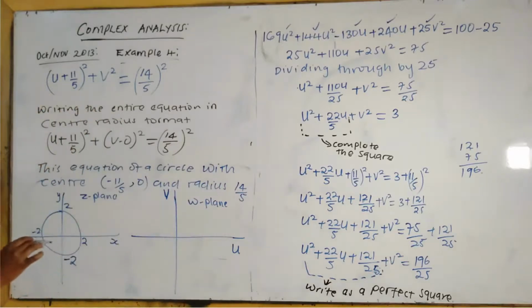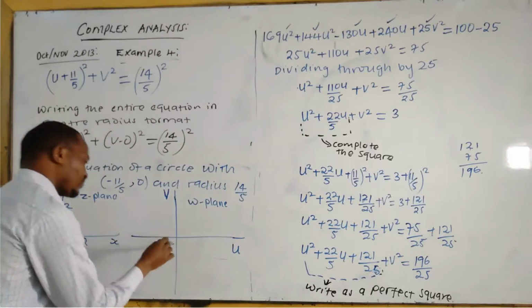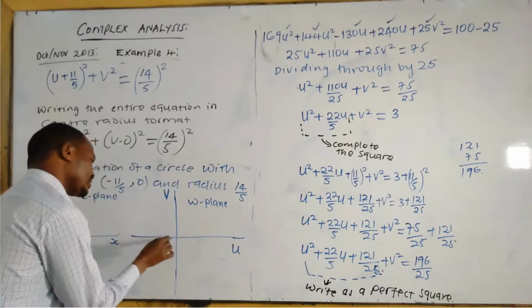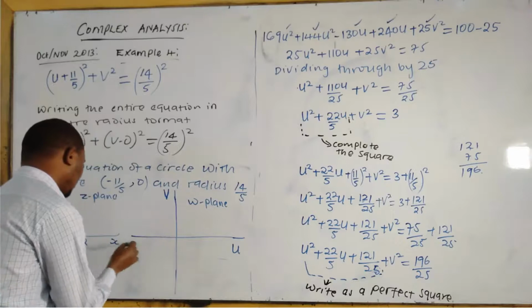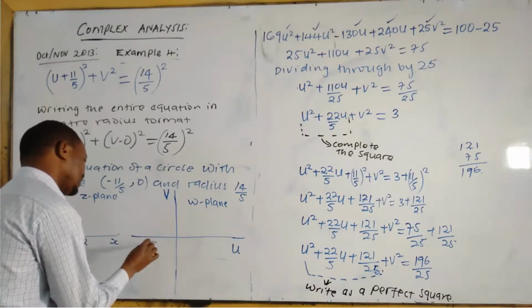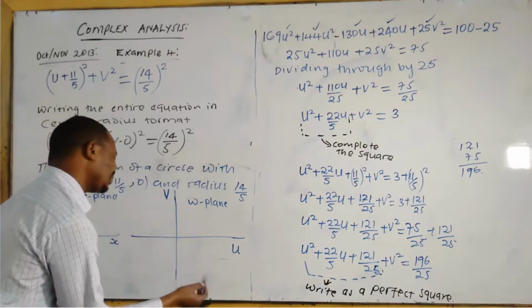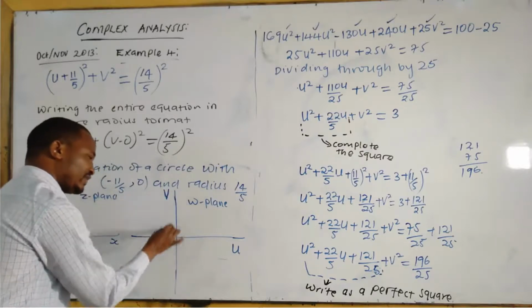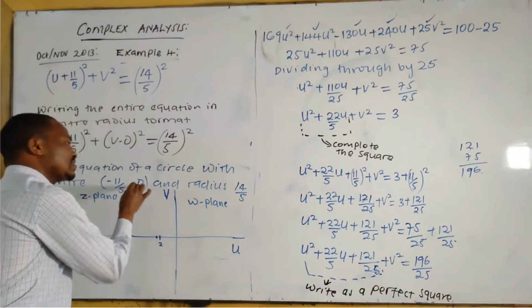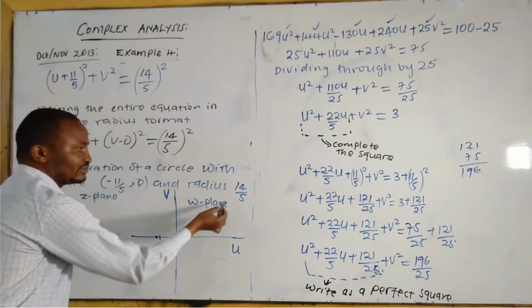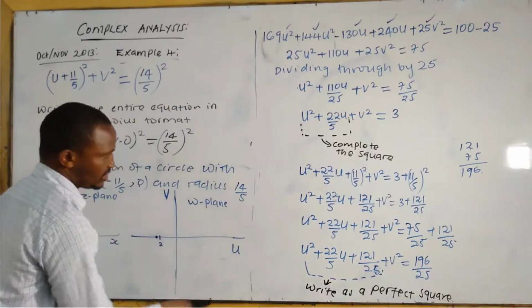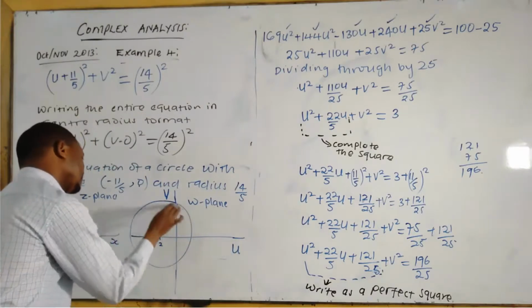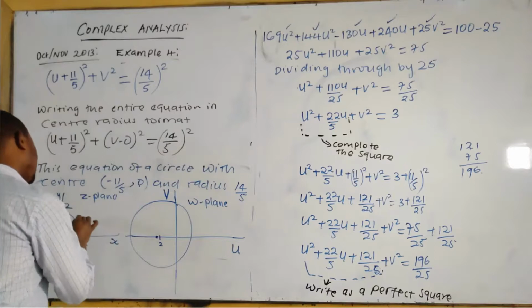That circle has a center at negative 11 over 5, 0. This side, no, the negative side. So it has a center at about negative 2.1, maybe this is the center. The value on the imaginary axis is 0. What is the radius of that circle? It's around 3 units, compared with the original circle. So this is the transformation.